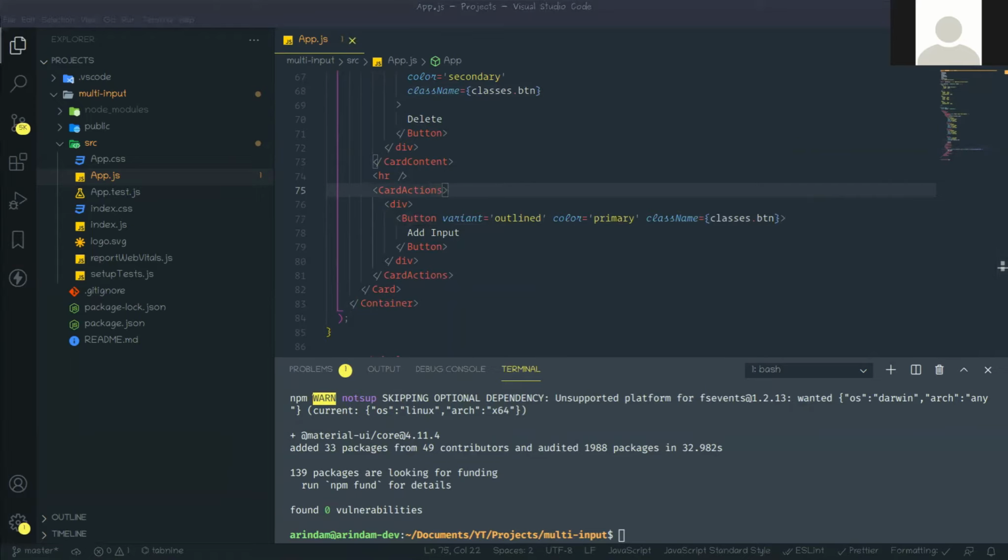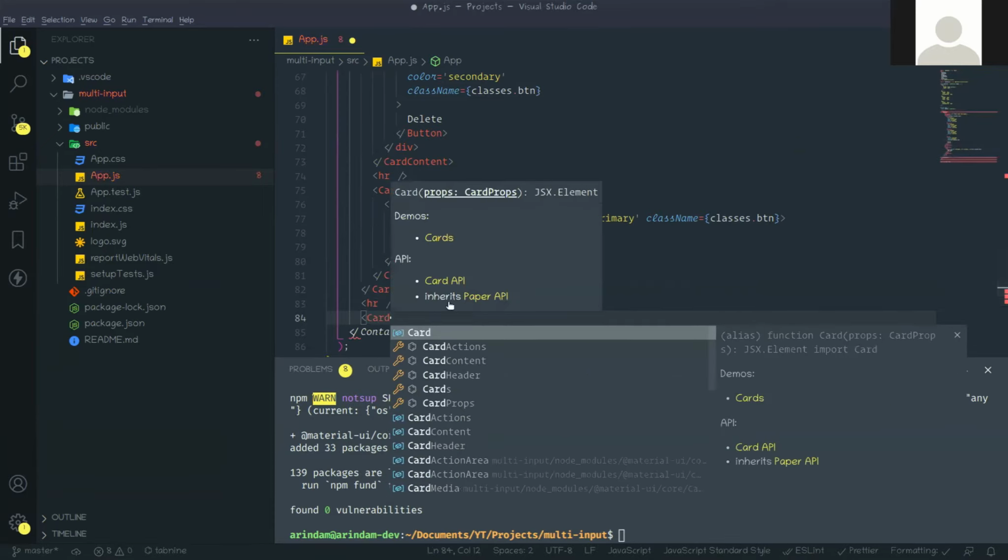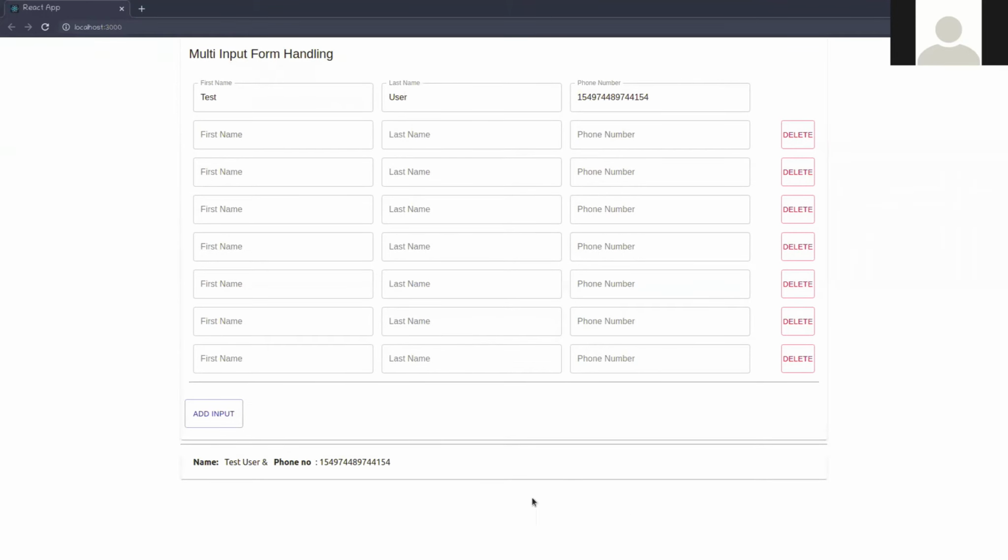Now after this card I'm creating another horizontal row, and after this horizontal row we are creating another card. Why? Because I'm talking about this card. In this card we are showing the outputs.